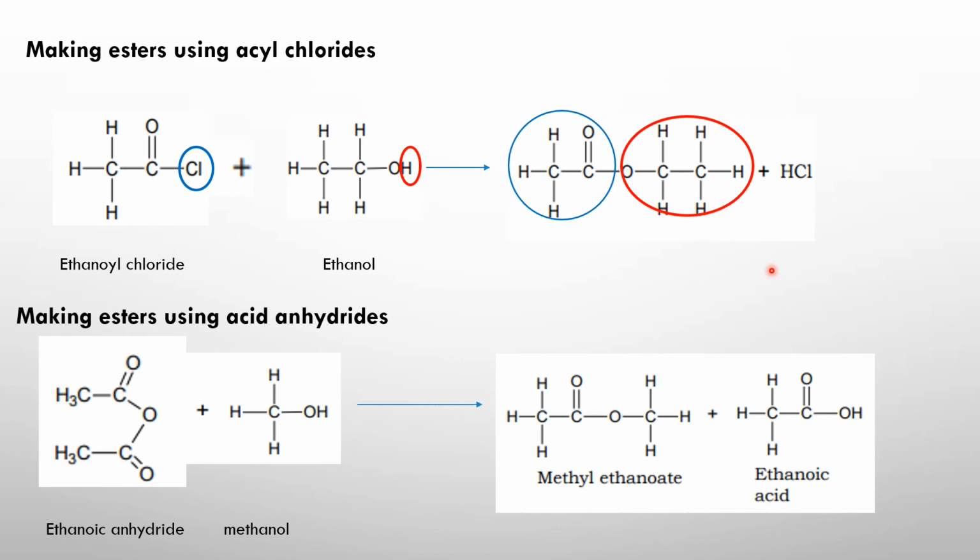Next, let's see how esters can be made using acid anhydrides. Recall that acid anhydrides are made from 2 carboxylic acids. So one more time, this is the group of the acid anhydride that is going to come out, and it is going to combine with this hydrogen here. So this alcohol is going to be losing the hydrogen, and that hydrogen will combine with this particular oxygen to form ethanoic acid. The group is now going to form the ethanoic acid. Remember, this H is coming from the alcohol.